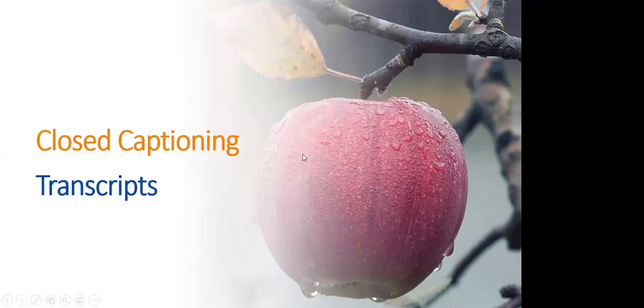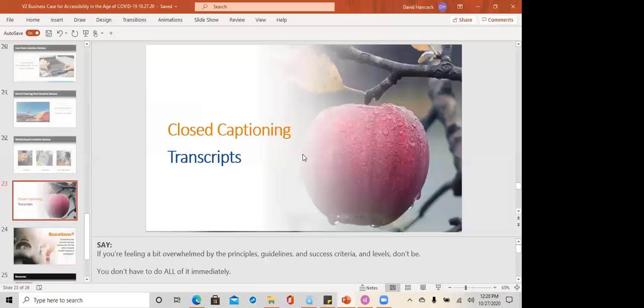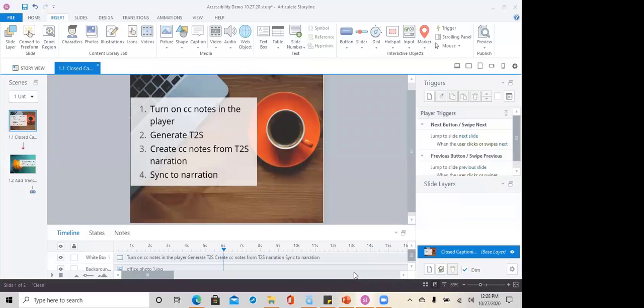So I am going to exit out of this. And now I'm going to switch over to Storyline. If you're not that familiar with Storyline, that's okay. You can do closed captioning in Captivate. You can do it in a couple of different kinds of programs. I just happen to really like the Storyline feature, so I thought I would show you that one.